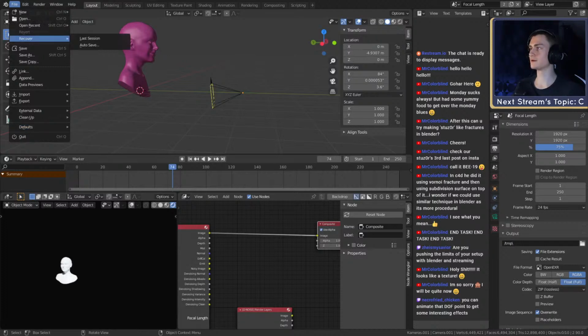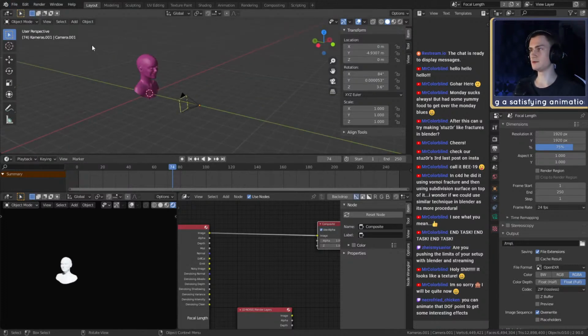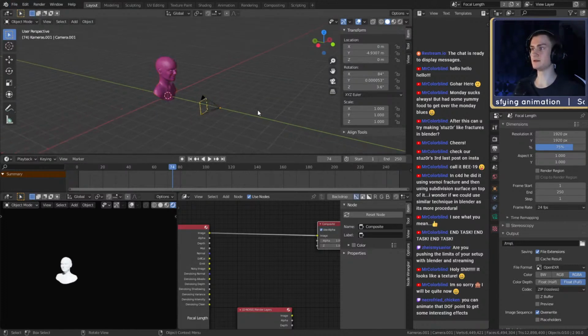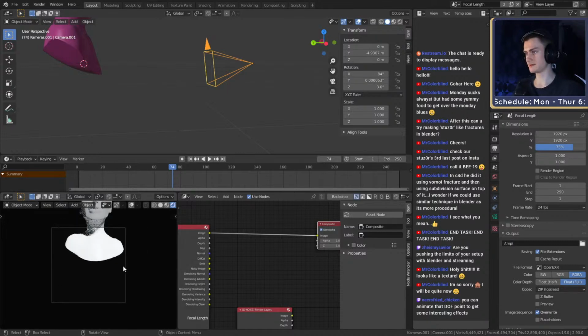Can you see that? Hold on. Oh yeah, you can. Okay. So the next time you open up Blender, what you see in this scene right now is going to be your startup file, basically.